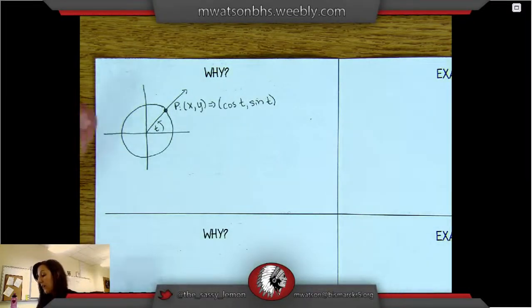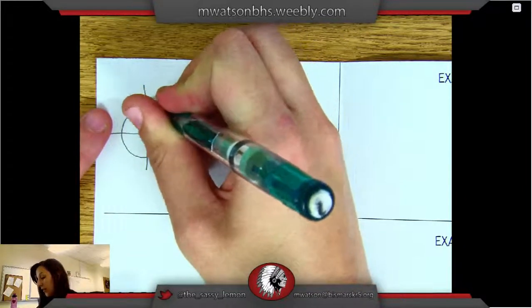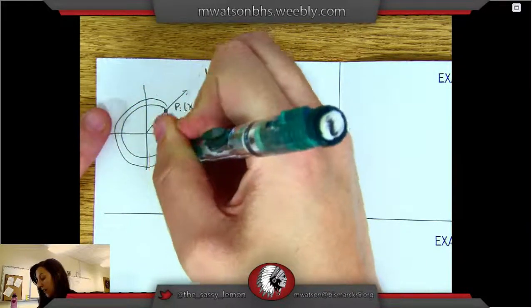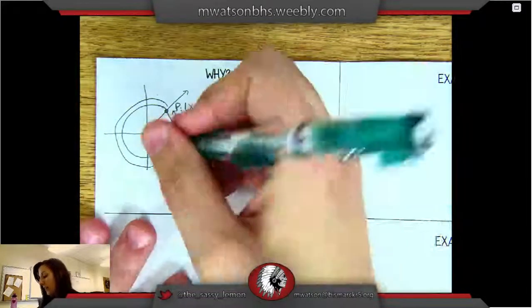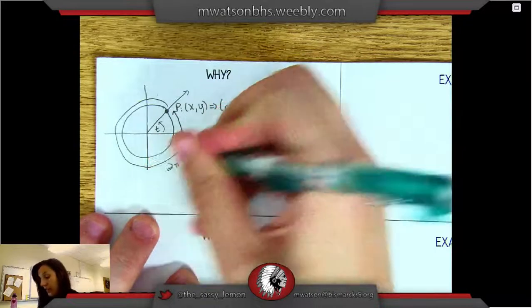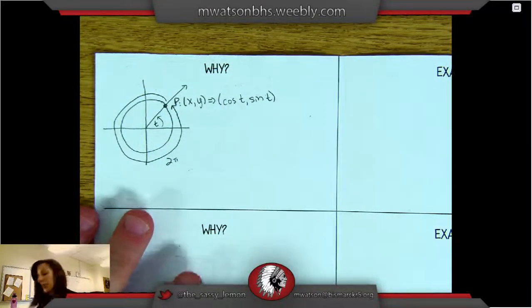But now I want you to think about what happens when you go one full circle around. How far did we go? How many radians was that if you make a full circle? Well, hopefully in your mind you're thinking that's 2 pi, because that's correct. One full rotation in a circle in radians is 2 pi,